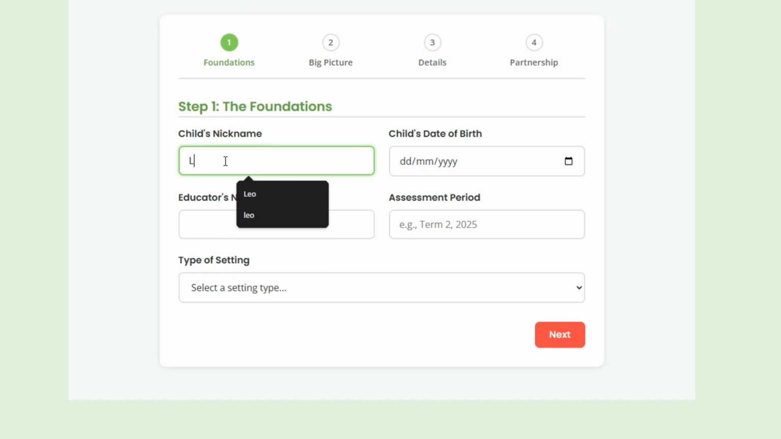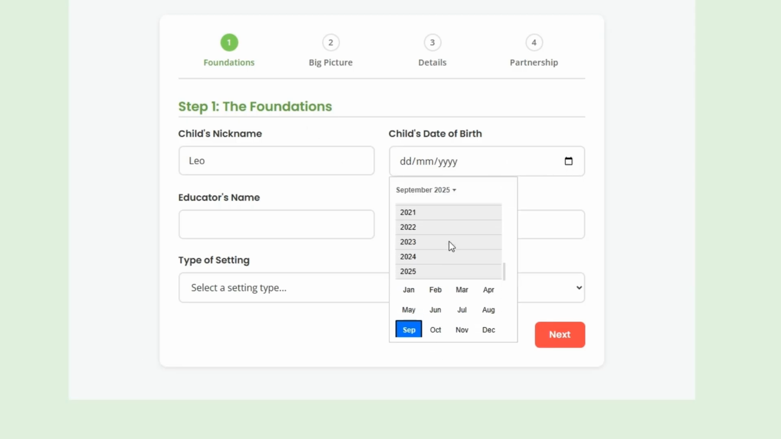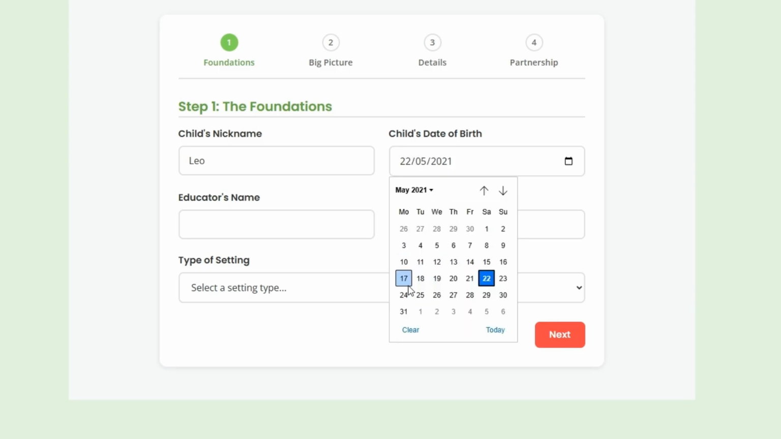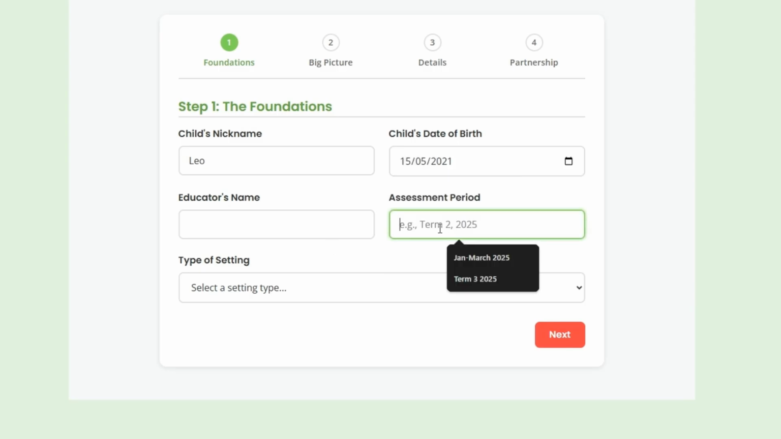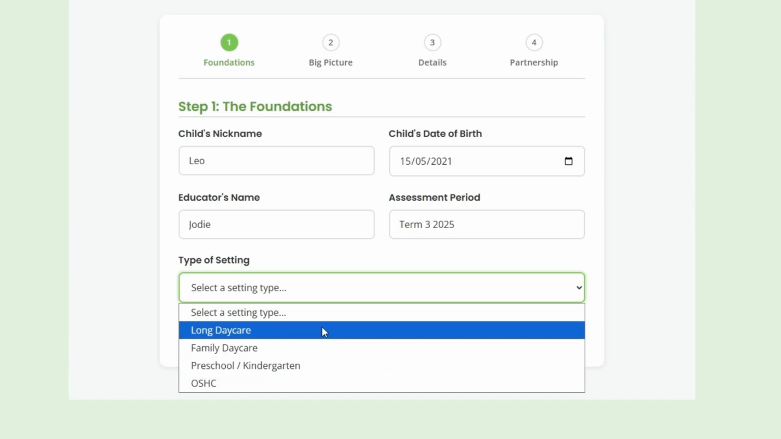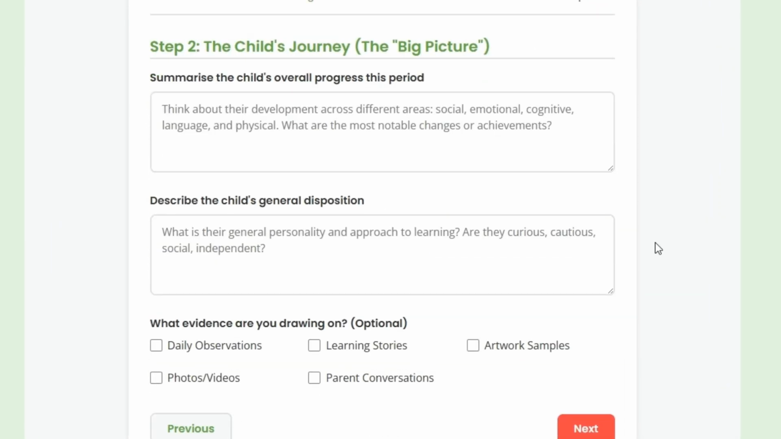Let me fill this in quickly as we go. I've got some examples here, so I'm going to copy them in for you. Let's say date of birth 2021. So we're going to scroll up here. We're going to choose 21. We're going to choose May. And let's just go 15th. We're just going to say term 3, 2025. Educator's name, I'm going to put Jody. And then you select your setting. I have quite a few in here. And then we're just going to click on next, and it takes you obviously to the next page, which is